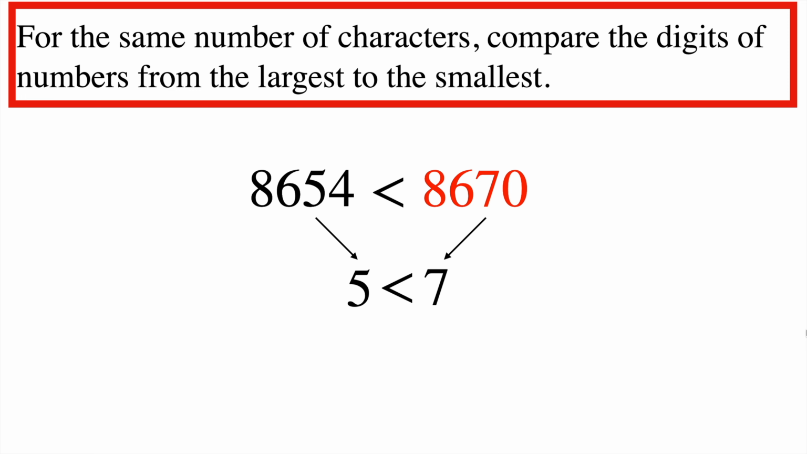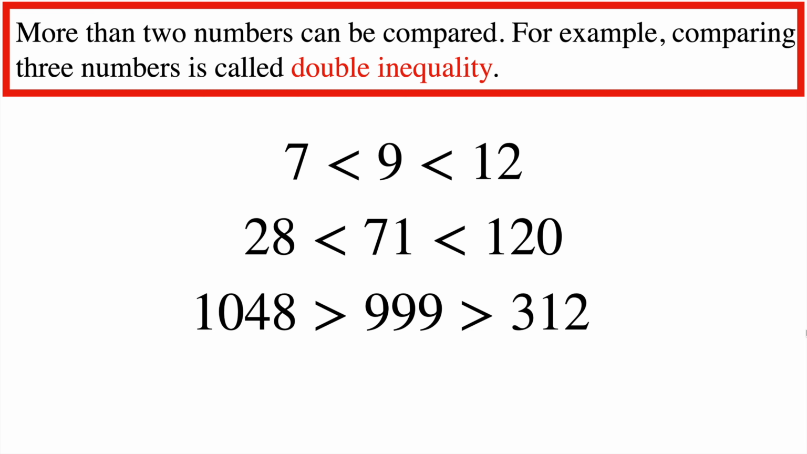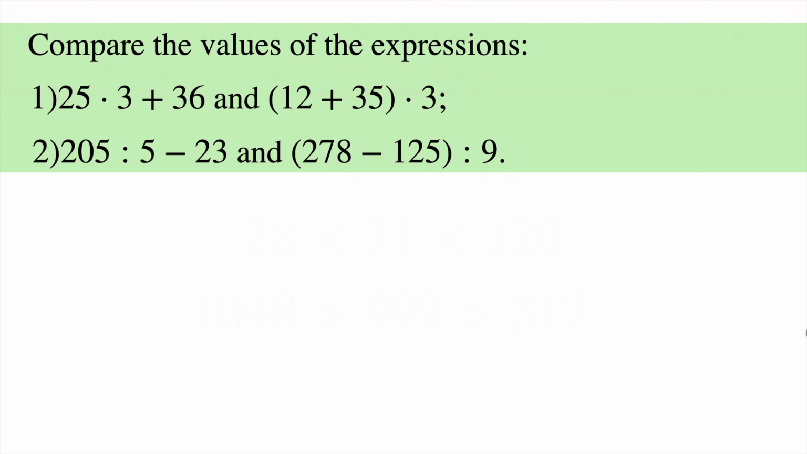More than two numbers can be compared. For example, comparison of three numbers is called double inequality. Let's write a few examples where you can stop the video and make sure they are correct. Finally, we come to the practical part. In this task, you need to compare the values of the expressions. At first glance, we don't know how to compare expressions, but it's not difficult to see that the result of each expression is a number. All that needs to be done is to find the value of the left and the right expressions and compare